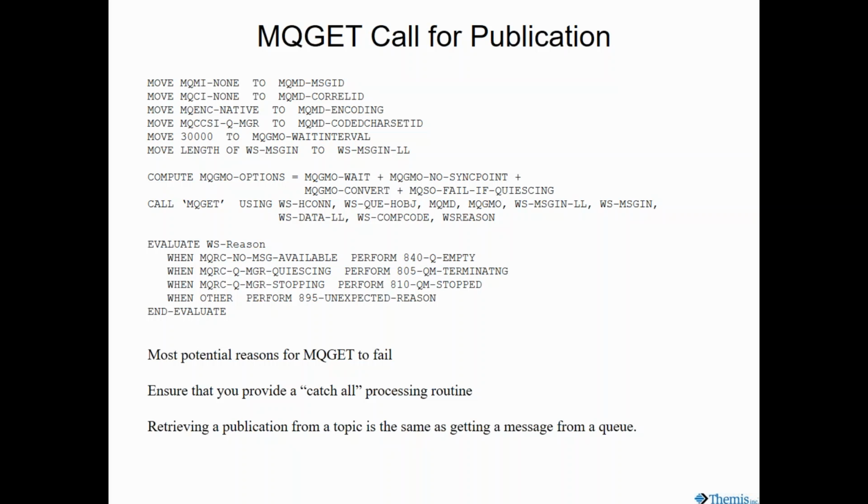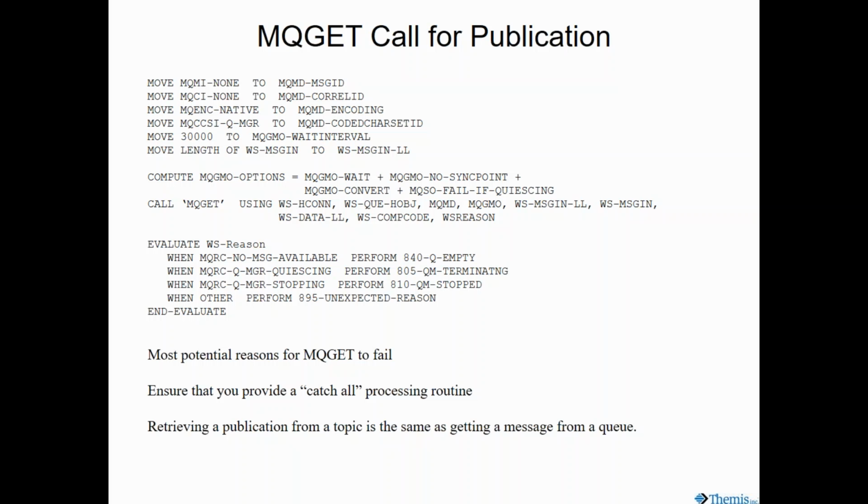Standard MQ get call, HCon, HOBJ. Now notice it's Q HOBJ. So the subscription call created, the queue manager created a handle, an HOBJ, and now I'm using that handle on the get so it knows which queue to retrieve. So it's created the queue, subscribed to the topic, and now I've got the handle for the queue to get from. The MQMD, the MQGMO, standard message descriptor, standard message get message options, message length, message in data area,